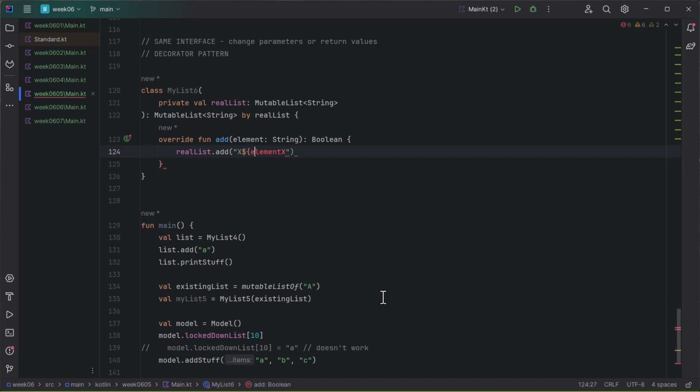So, and that creates the Powerpuff Girls, right? So it was chemical X created the Powerpuff Girls. So in this case here, I'm going to say return real list add blah, blah, blah. So I'm now tweaking the behavior. And with a decorator, you're typically going to tweak parameters coming in. You might tweak return values coming out. So this is a simple decorator here